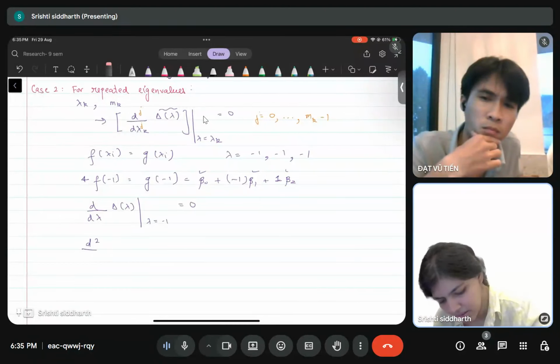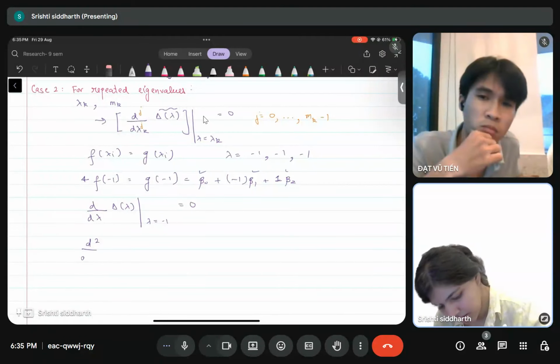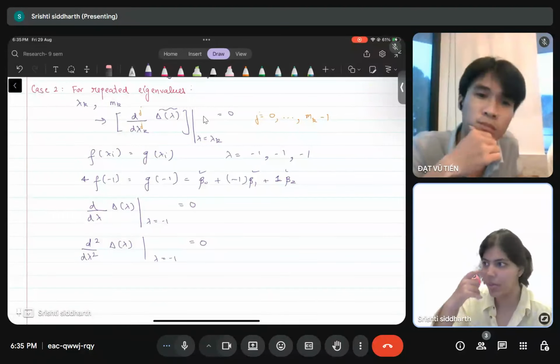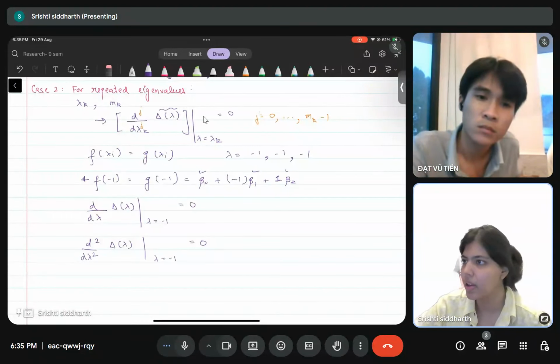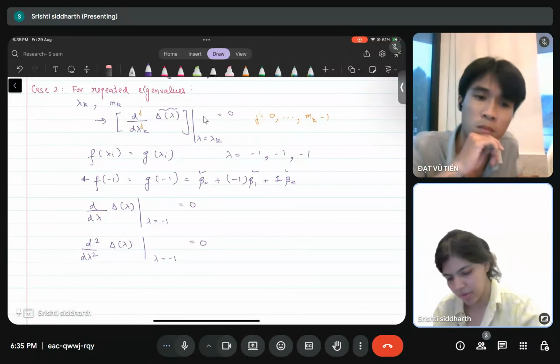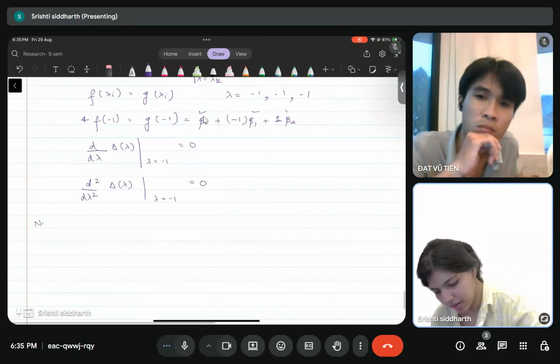So this is not x, this is lambda squared. And lambda equals minus 1. This is also the same. So this means that